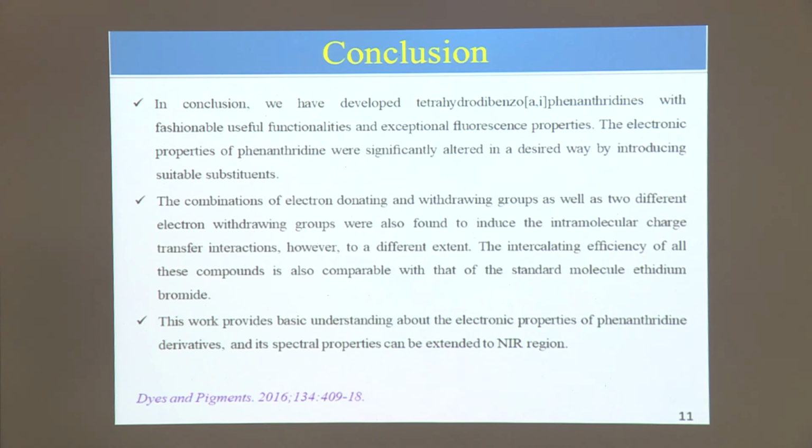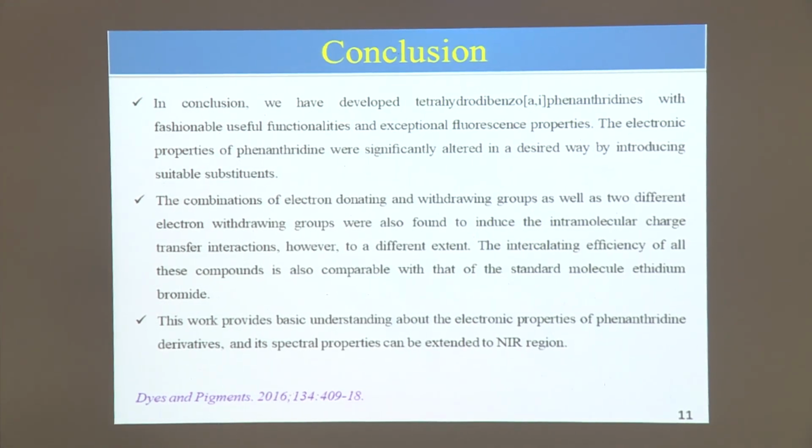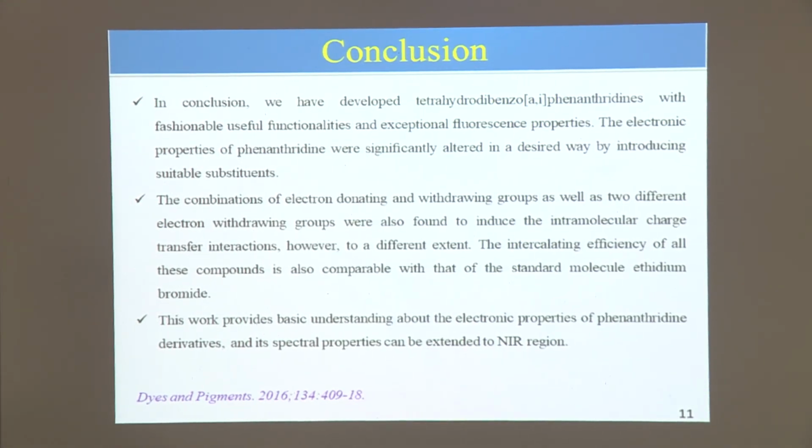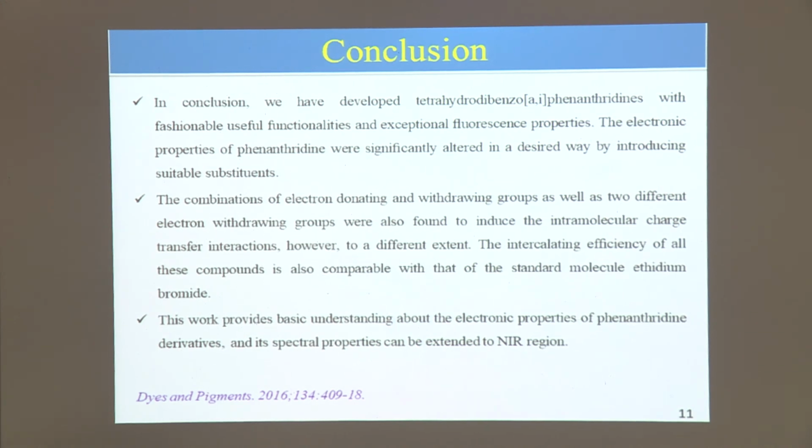So this work provides basic understanding about the electronic properties of phenanthridine derivatives, and its spectral properties can be extended to the NIR region. This is the crux of the problem. That is, the emission at the NIR region is very useful, and we want to get the emission at the NIR region. So we are doing it slowly to the NIR region, and this work has been published in Dyes and Pigments